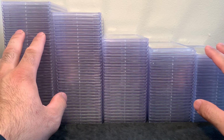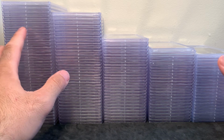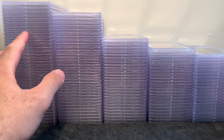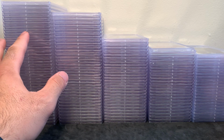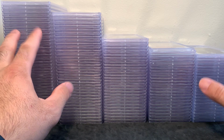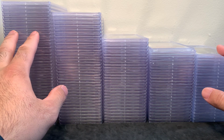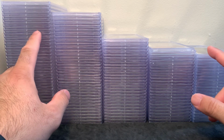I think I did pretty good, based off what a lot of people have been getting back, especially like bulk submissions. I think I have like a 60% gem rate, which is pretty good. It's actually the lowest I've ever had. But again, for what people have been getting back recently, one would lead to believe that they tightened up a little bit, a little bit harder on the grading,